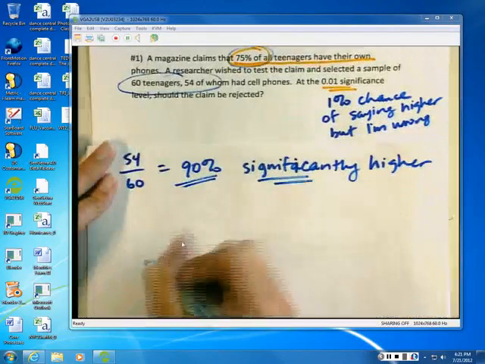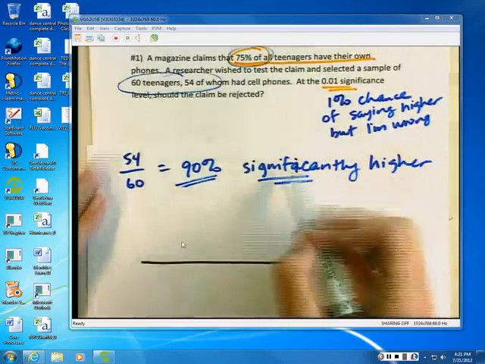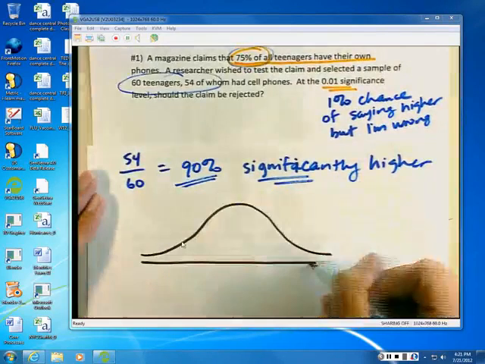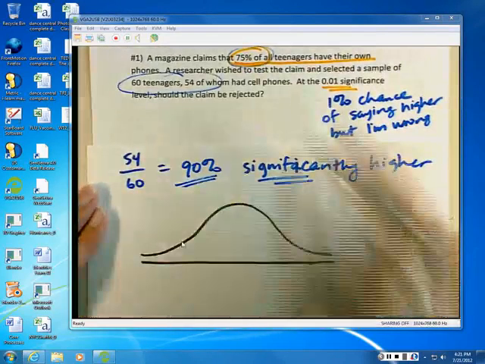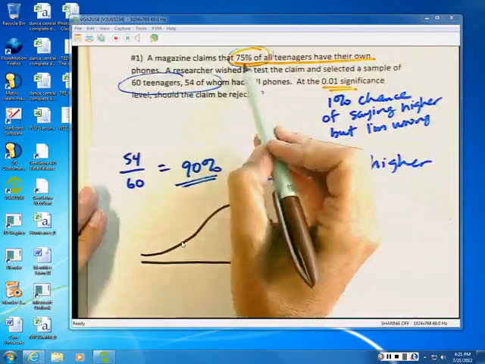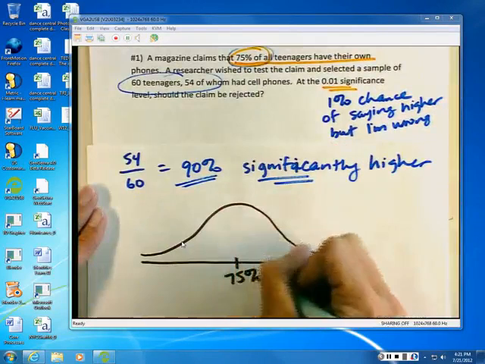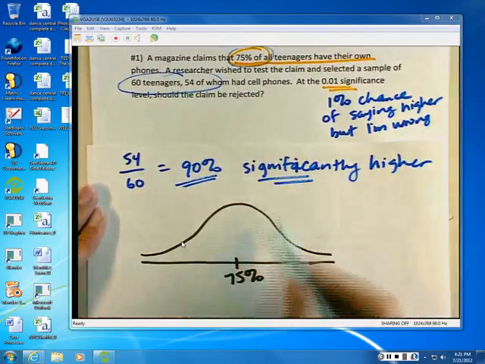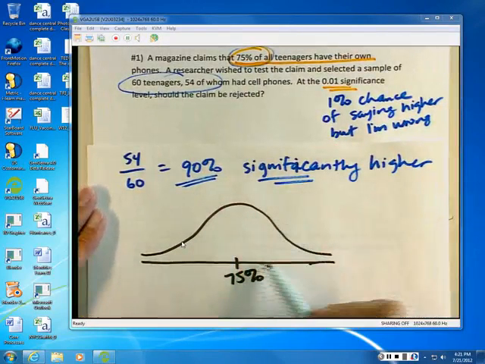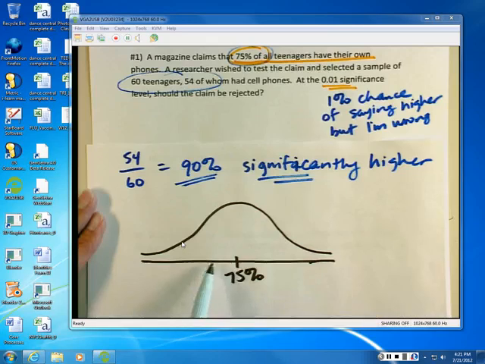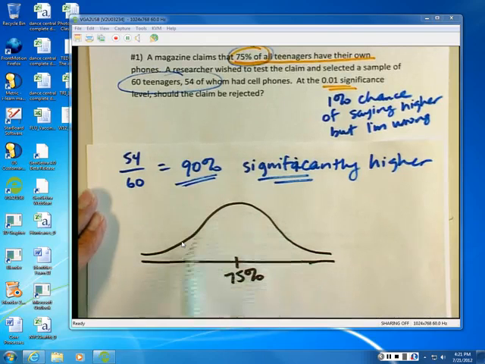Here's what we're going to do to set up the mathematics, because what is significantly higher? Well, we have to establish that. We're going to use the normal curve. So I would expect, if this claim is true, 75%, that most of the surveys that we do are going to lie right around 75%. We'll get some that are maybe 81 or 76. Maybe we'll get one down here that's 73.8 or 74.9. But I would expect that most of the surveys that we do fall right here in the middle, clustered around